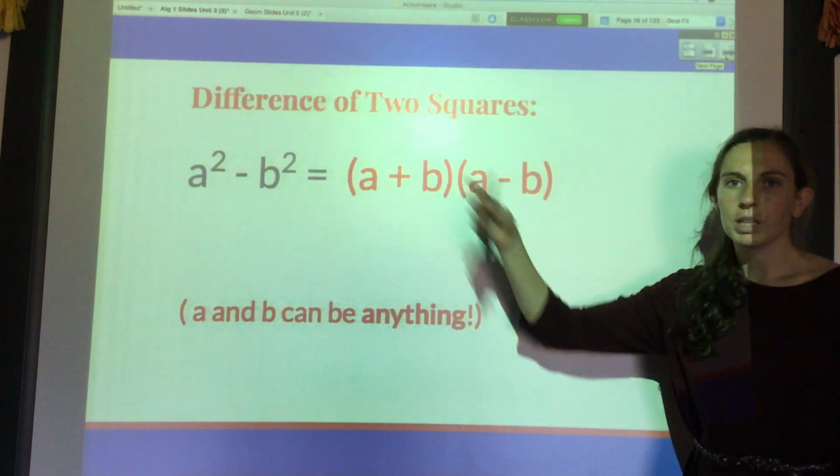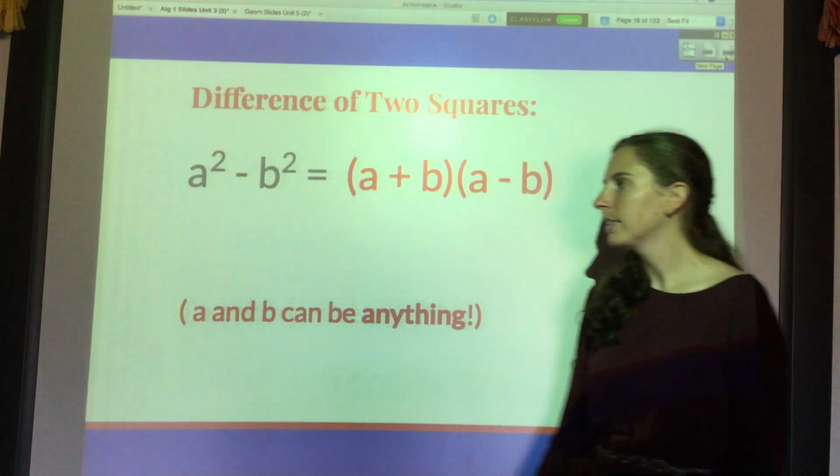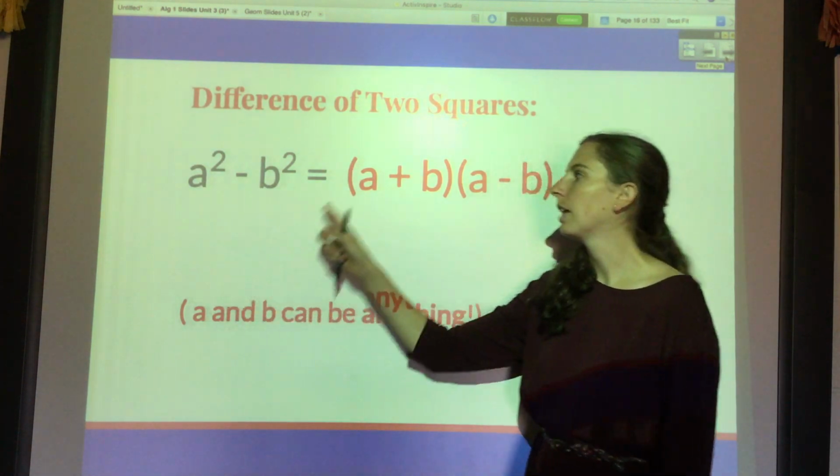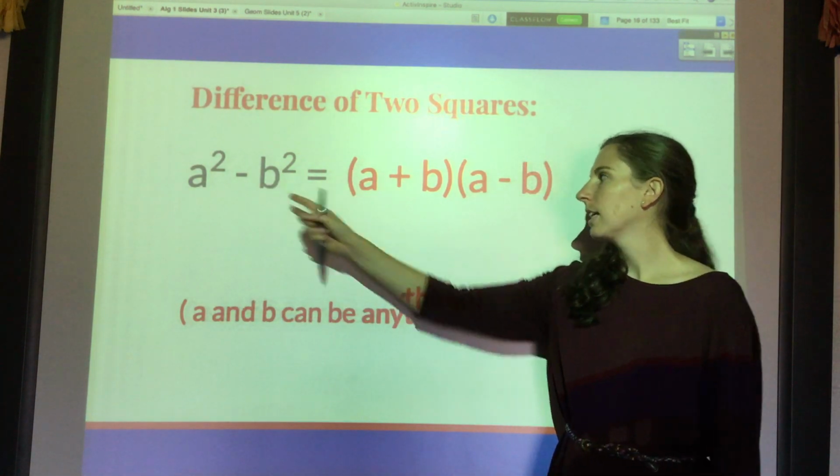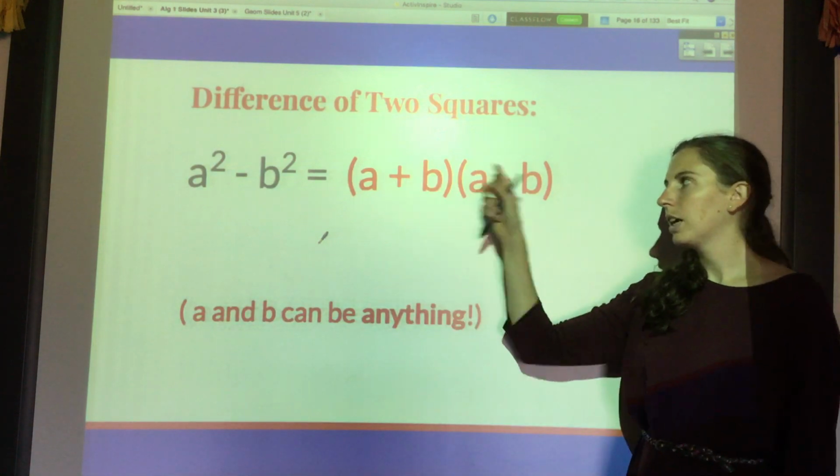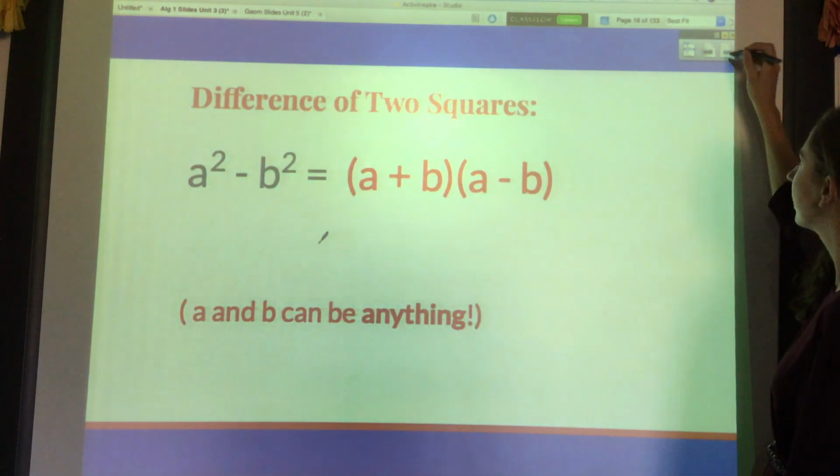This is kind of the formula where a and b can be anything. Basically, you just square root the first thing, that goes in the front. Square root the second thing, that goes in the back. Make one plus, make one minus. For example,